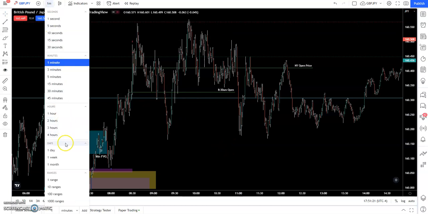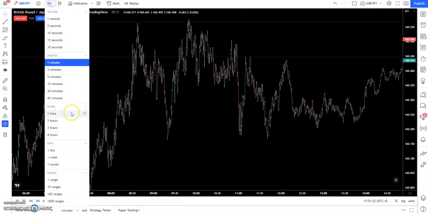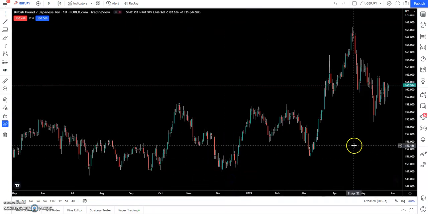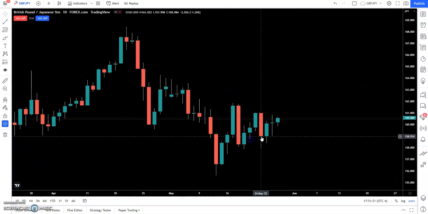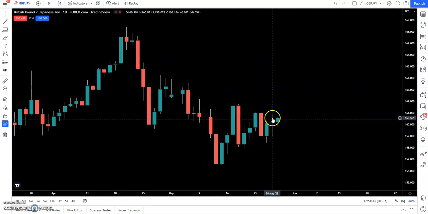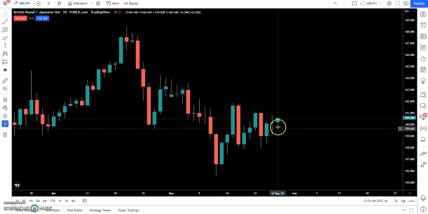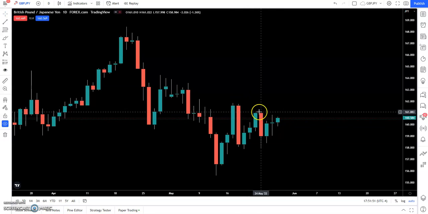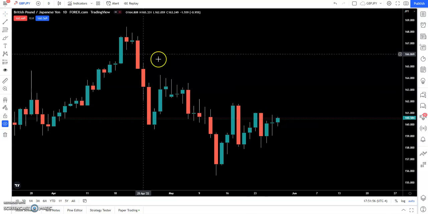Now just to quickly break down, I'll take off the markings and go into the daily chart, and you can see we broke the highs yesterday. Today we didn't break anything, neither the highs nor the lows. So next week I'm thinking the market's going to try and possibly take out this or this, and I'm thinking it might actually try and go for this,